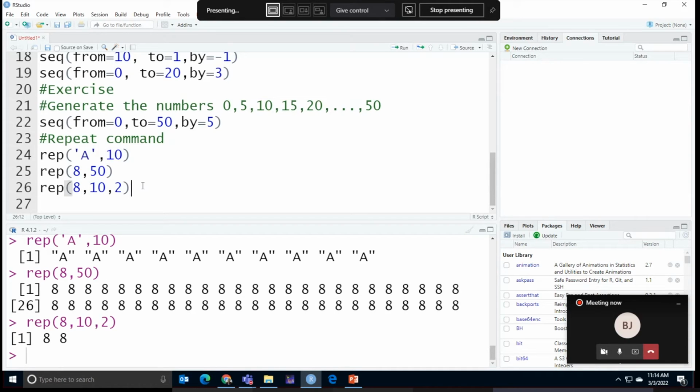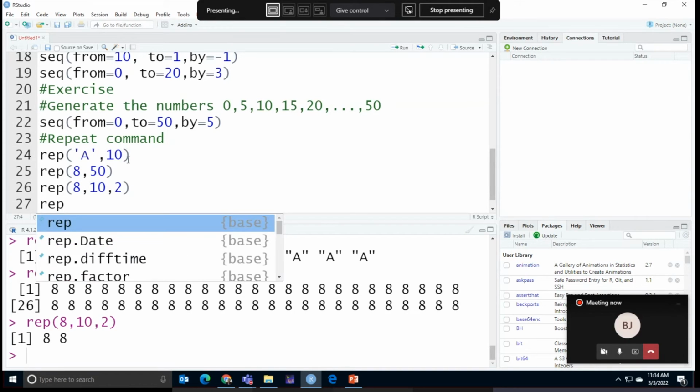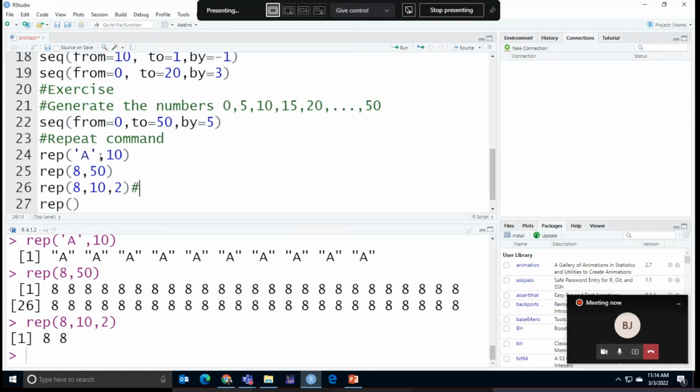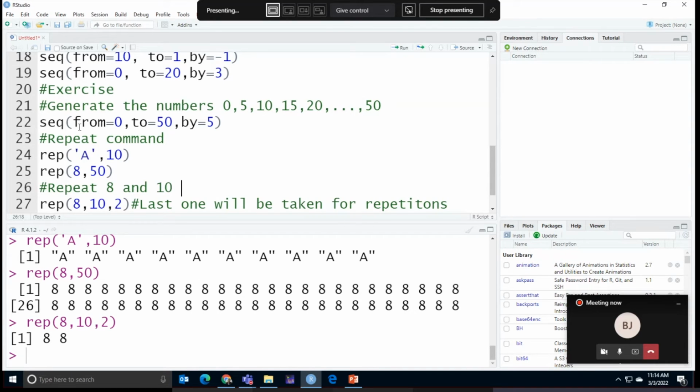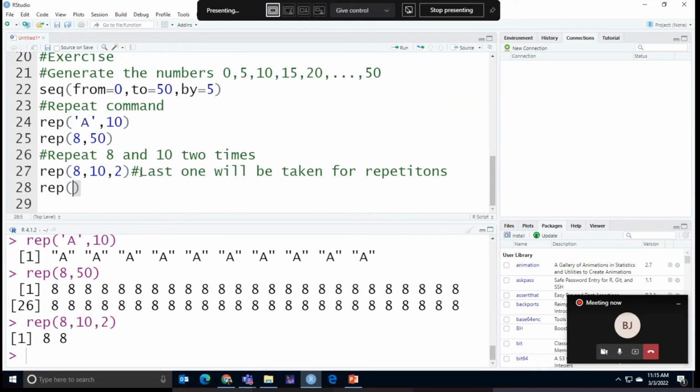Okay. So now I want to repeat this 8 and 10. I have to give c of 8 comma 10 comma 2